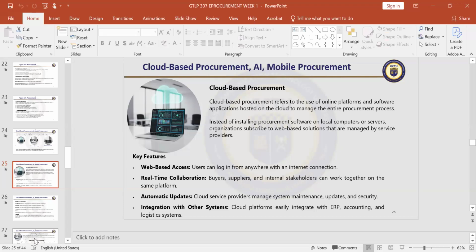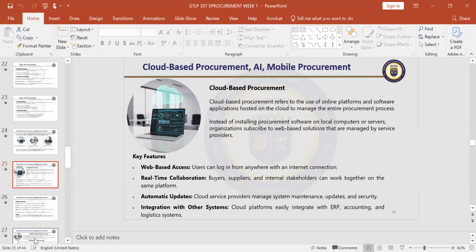Automated updates, cloud service provided manage system maintenance, updates, and security. So the system providers will give updates. If there is anything they want to change, there is a backend, they will do that and upgrade. Most of the times they do that, most companies do that at dawn where nobody will be using the app. Sometimes they will send notification like this mobile banking app or internet banking apps or whatever upgrade. They will send you a text message, they will send you a notification that there will be a system upgrade or there will be system servicing at this time. So you will have interruption when you want to access the system, right?